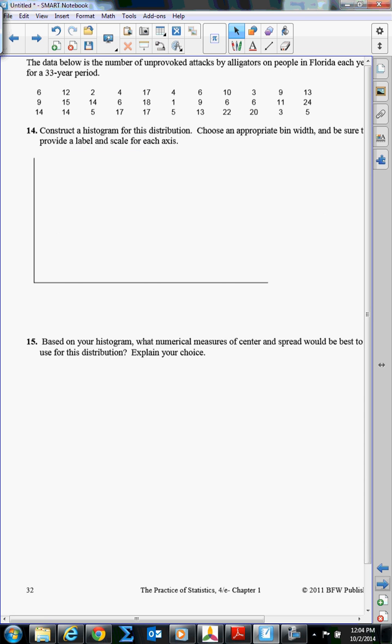Alright, the data below is the number of unprovoked attacks by alligators on people in Florida each year for a 33-year period. Yikes. We're going to construct a histogram for the distribution. Choose an appropriate bin width and be sure to provide a label and scale for each axis. So when I construct histograms,